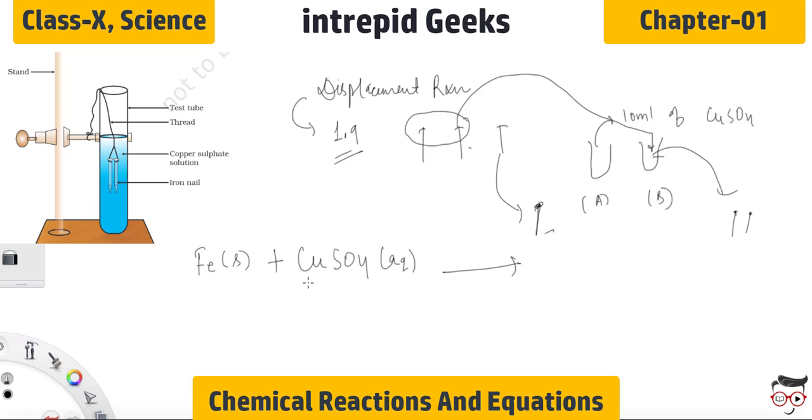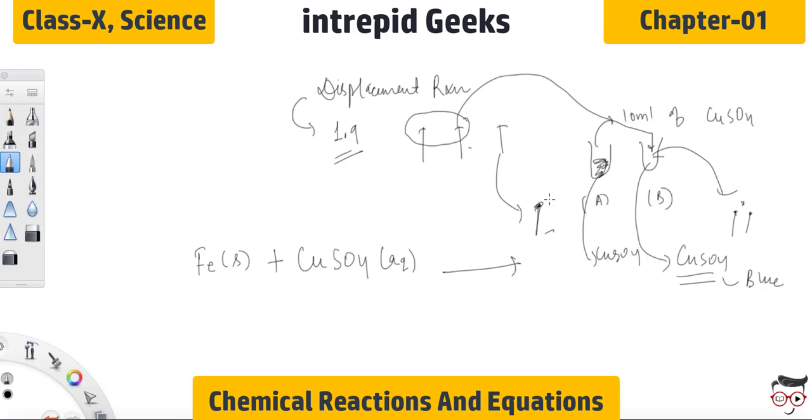So if you compare the intensity of blue color of copper sulfate solution in test tube A and B, you will see that the solution of copper sulfate in test tube B, which was earlier blue in color, will lose its blue color. And this test tube contains copper sulfate solution which is blue in nature because we haven't put any iron nail in this test tube. Why is it so? Also, you need to compare the color of the iron nails taken out from the test tube and the one which is not put in the test tube. So you will see a difference.